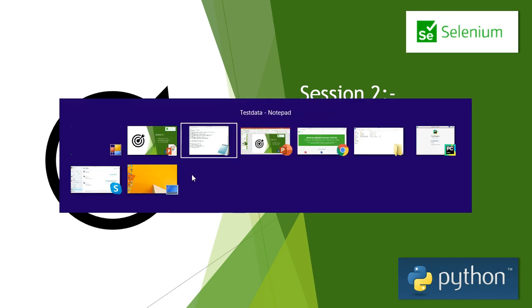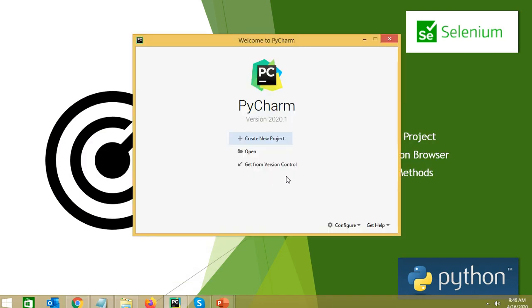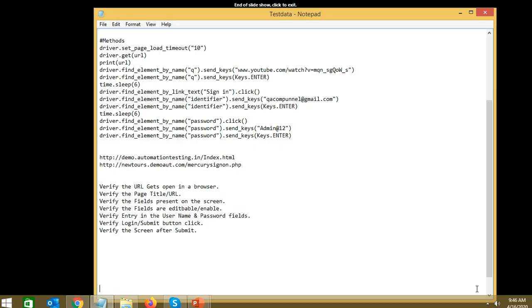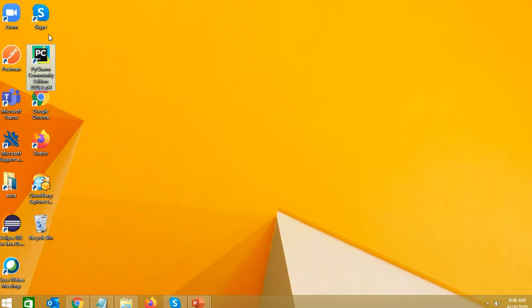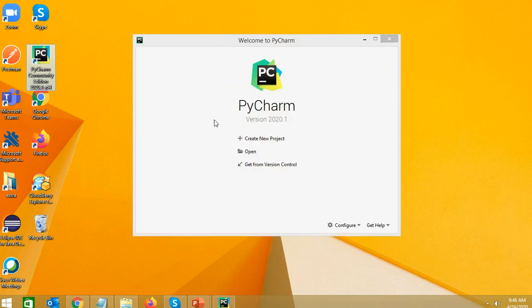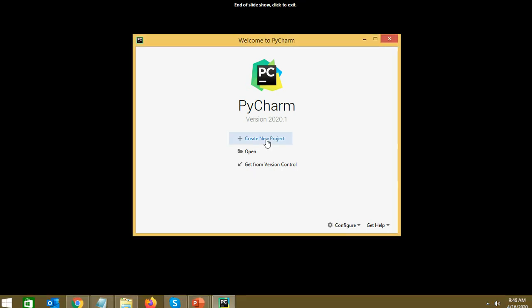For that, go back to your PyCharm and just launch the PyCharm from your desktop. Okay, and click on this create new project button.